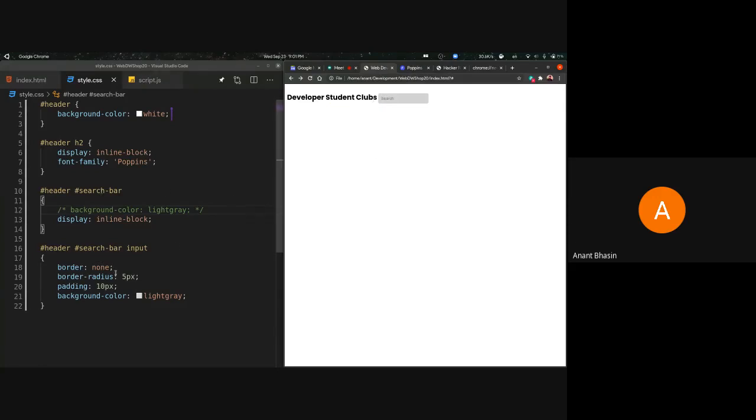We covered a lot of code right now. Just the new property over here, the border radius property, you can see there's a very slight curvature to the input bar now. That curvature is because of the border radius, and then there's a padding. I used the padding so that it does not become too ugly. But there's a very slight curvature on the input bar. That is because of the border radius. And I don't think we have any new properties other than that.